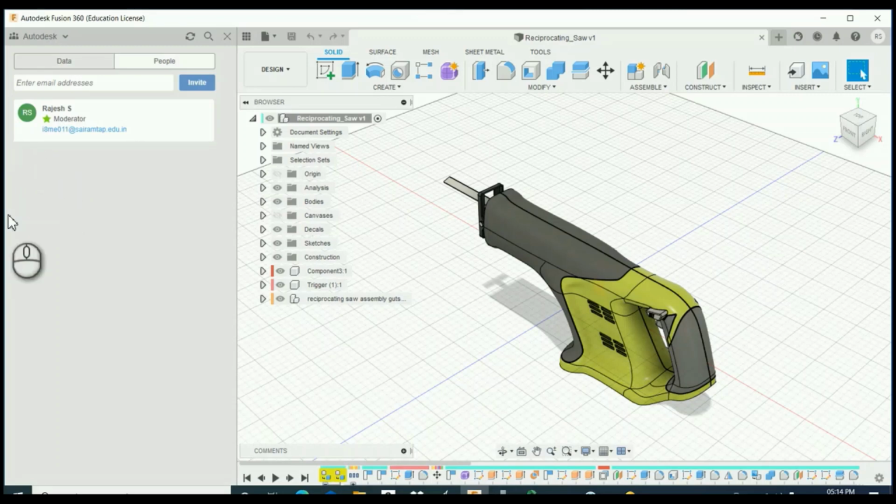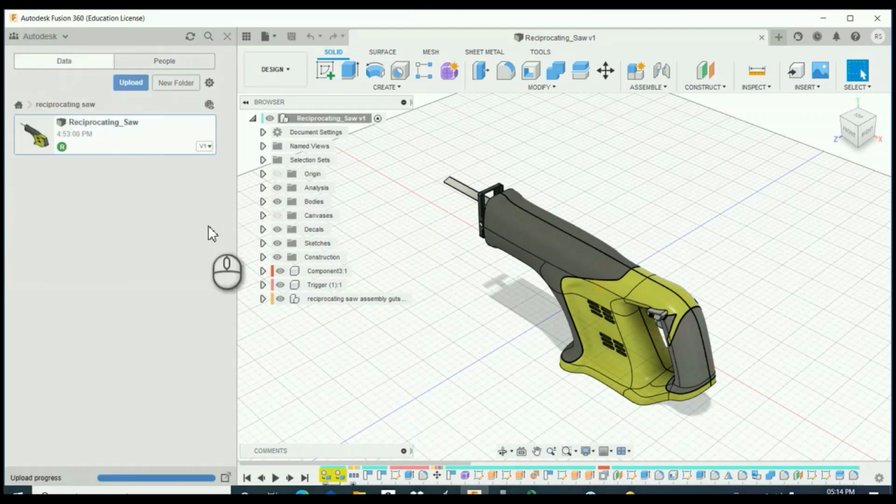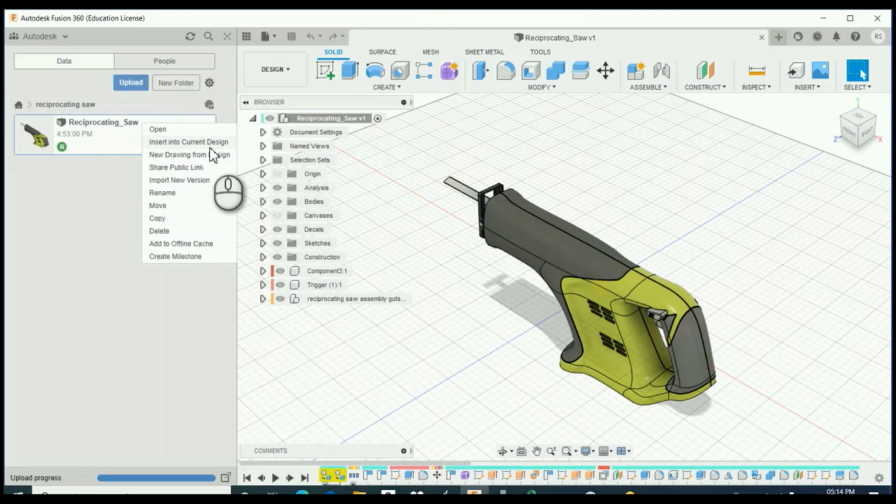In the editor option, your friend can edit your project, or else if you make him a viewer, your friend can only view your project. They can't edit it. After that, right click that project, and you can also insert into current design. If you go into assembly, you can insert into current design and assemble it, and you can also share publicly. I have already told that.